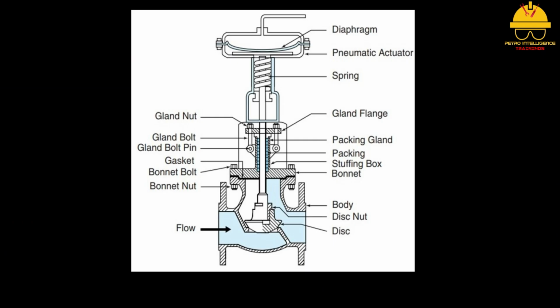The diaphragm actuator is a dome-shaped device that has a flexible diaphragm running through the center, as shown in the picture. It typically is mounted on the top of the valve. The center of the diaphragm in the dome is attached to the stem. The valve position, on or off, is held in place by a powerful spring. When air enters the dome on one side of the flexible diaphragm, it opens, closes, or throttles the valve, depending